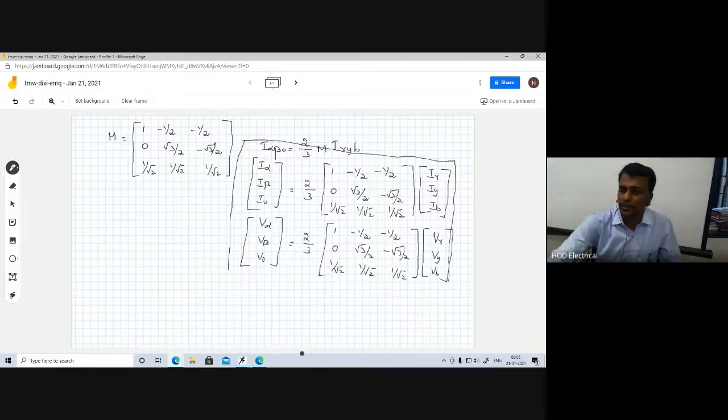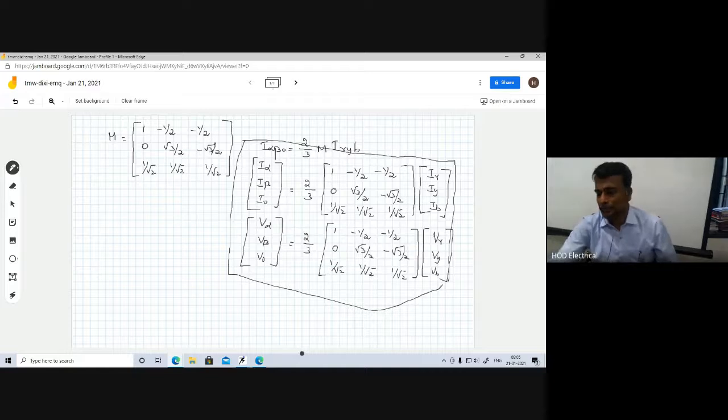So this equation shows that per phase power will be the same, net power will be different. The reason is three-phase having three windings, three phases, per phase power is more and two-phase power is different. So accordingly, net power will be different. In this case, net power is different, but per phase power is the same. But normally, in all publications, wherever we are doing research, we will consider the total net power in the three-phase system the same as net power in the two-phase system. So power invariant transformation we will consider.